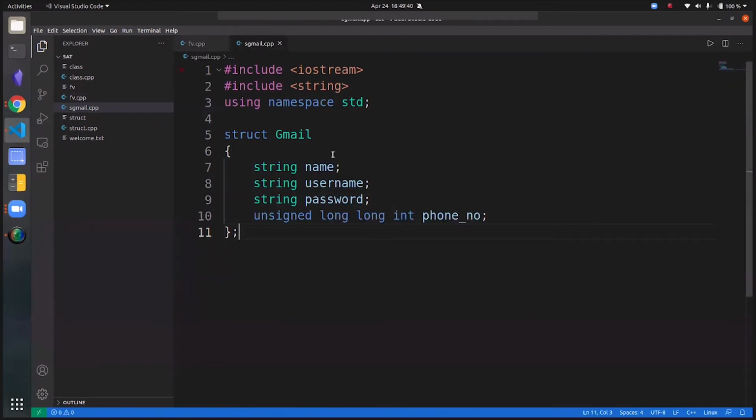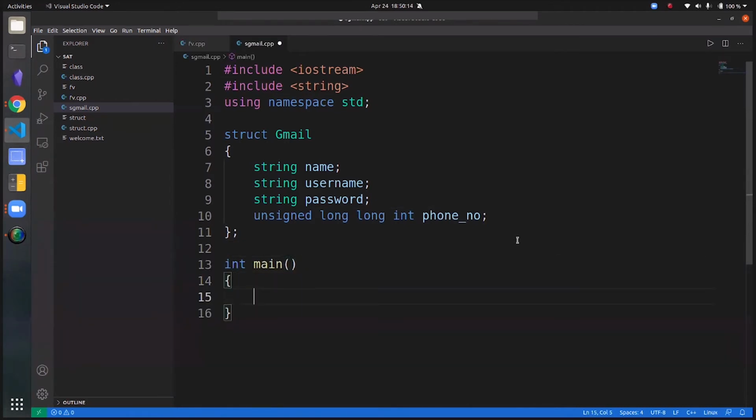In this case, we don't need the other data types, so I'm just using string. It strictly depends on your use case. If you need just strings, go ahead with strings. If you need multiple data types, you may need string, boolean, character, integer, floating point. Feel free to use them depending on your use case. But just to make the concept of structures a little more clear, I'm going ahead with the unsigned long data type. Okay, so now let me see the sign up process.